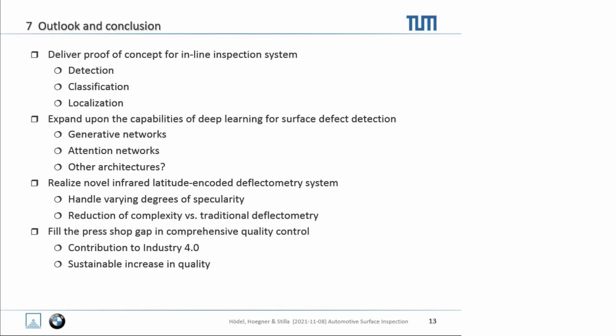And finally, we want to move press shop production into the world of Industry 4.0 with 100% inspection data, so we can also do things like learn parameter optimizations from production. So if we have, say, 10 dents in a row, we can use machine learning and look at our oiling and pressure settings and then determine correlations, which will allow us to create a more data-driven and sustainable press shop production. I look forward to following up with you